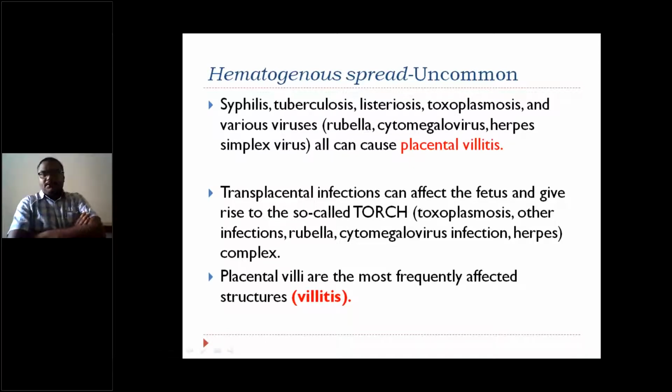So we have to remember the TORCH infections, and the terminology used here: inflammation of the villi is called villitis, vasculitis of the umbilical cord is called funisitis, and inflammation of the chorioamnion is called chorioamnionitis. Okay. So please remember these points, because of these infections there is every chance of premature rupture of membranes, resulting in preterm delivery and bad maternal recovery. Okay. So please do remember these points, which are very important regarding placental inflammations.